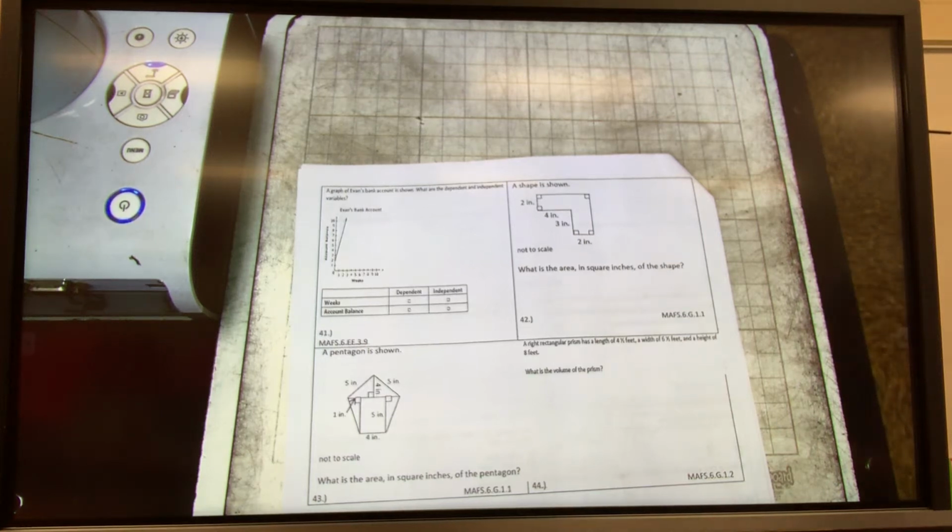Alright, ladies and gentlemen, we're going to review the ice cream challenge. So I'm going to start with number 41 and then we're going to work our way towards the end. Starting at number 41,